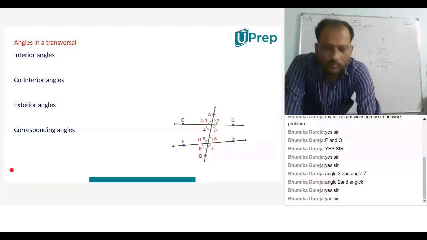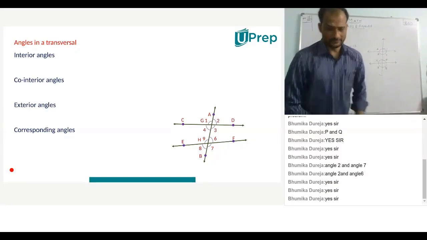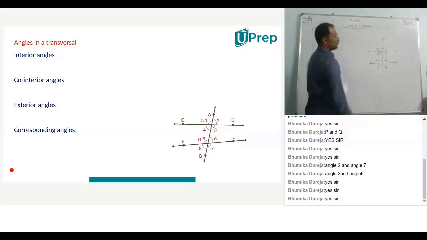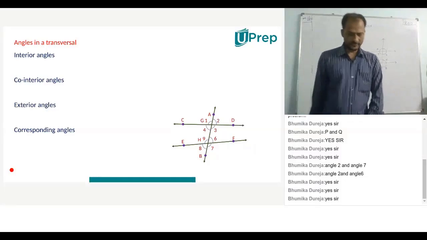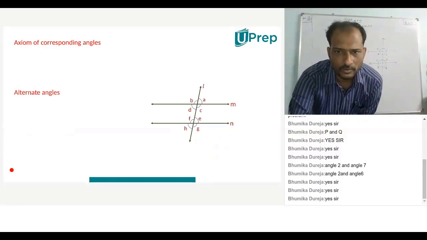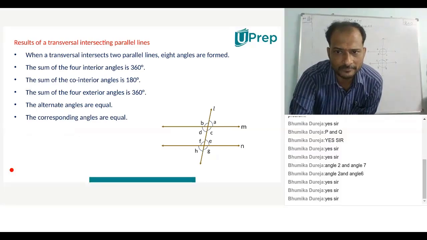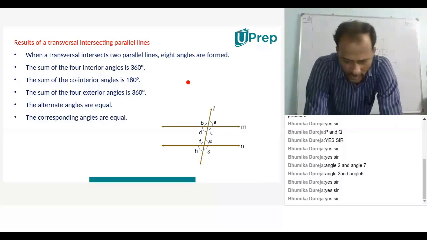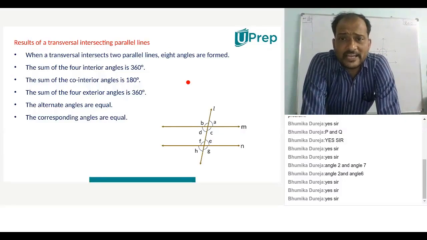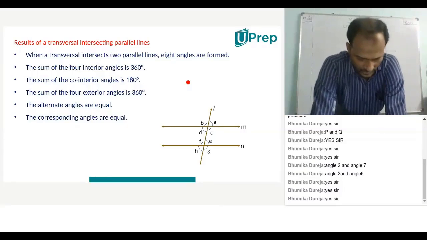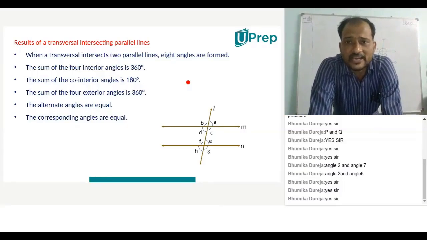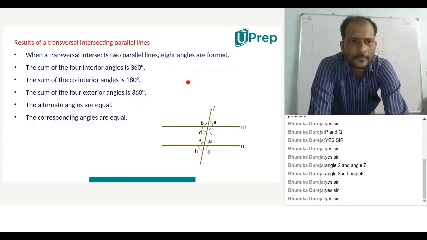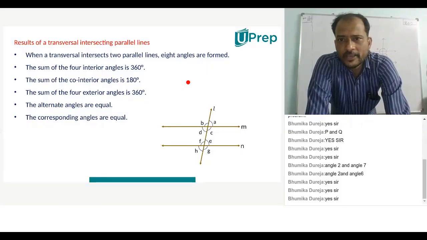Next, write down. What are alternate angles? Write down and make it fast. What are alternate angles? A pair of angles are said to be alternate angles